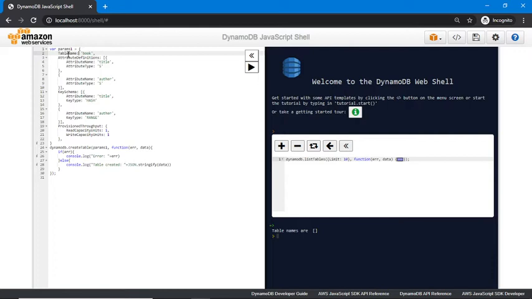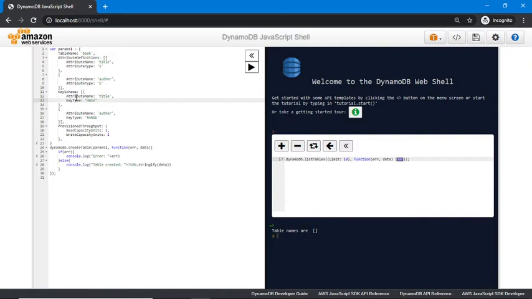I am passing the table name as Book. So I want to create a table and the table name is Book, and I have attribute definitions: the first attribute name is title and its type is string. The second attribute is author and its type is also string, and I am defining the schema here. In this schema, the hash key is title and the range key is author.